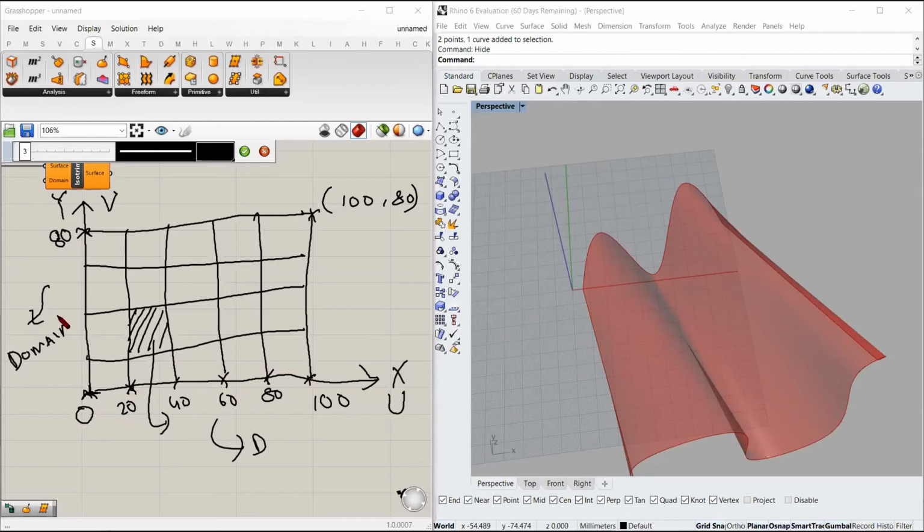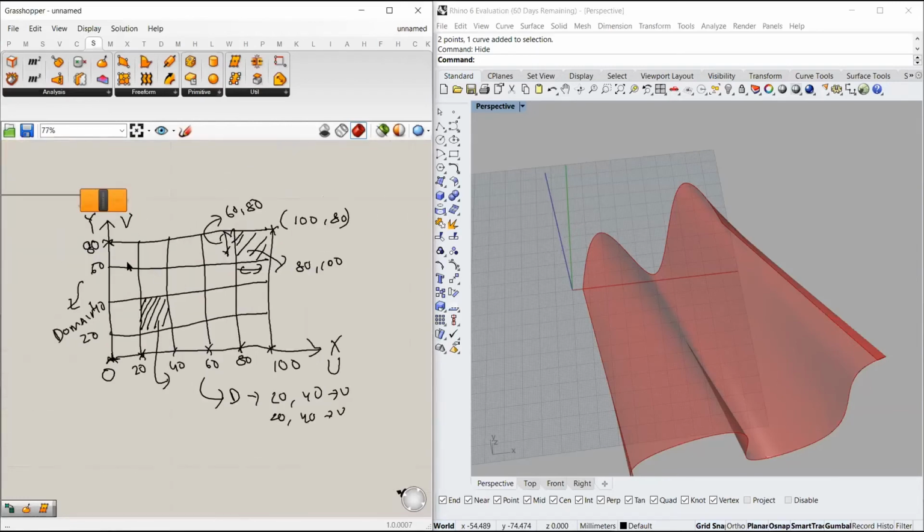Similarly, we have 20 over here, 40 over here, 60 over here, and the domain of this surface becomes 20 to 40 in u direction and 20 to 40 in v direction. Similarly, the domain of this surface becomes 80 to 100 in u direction, and in v direction, it becomes 60 to 80.